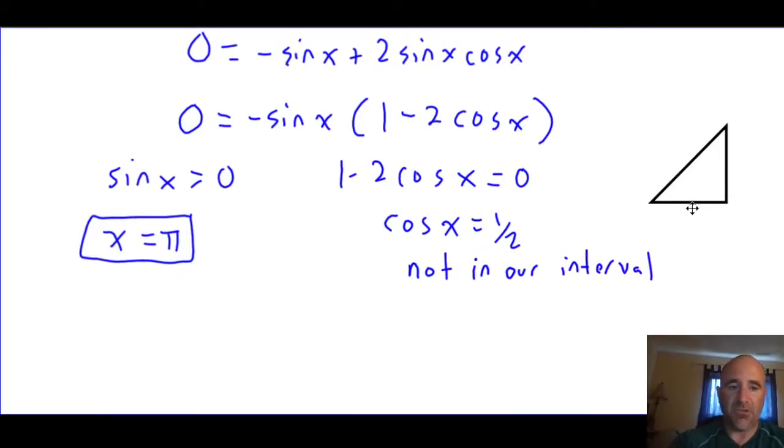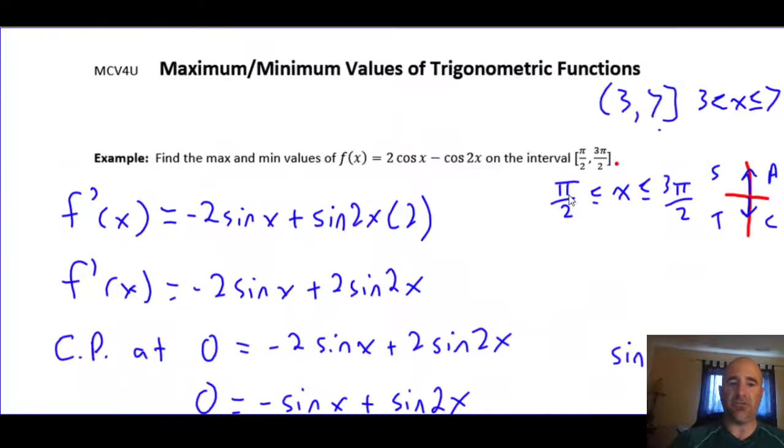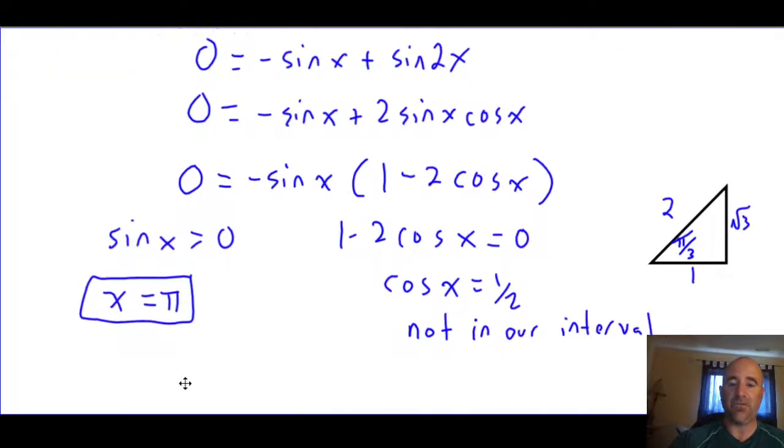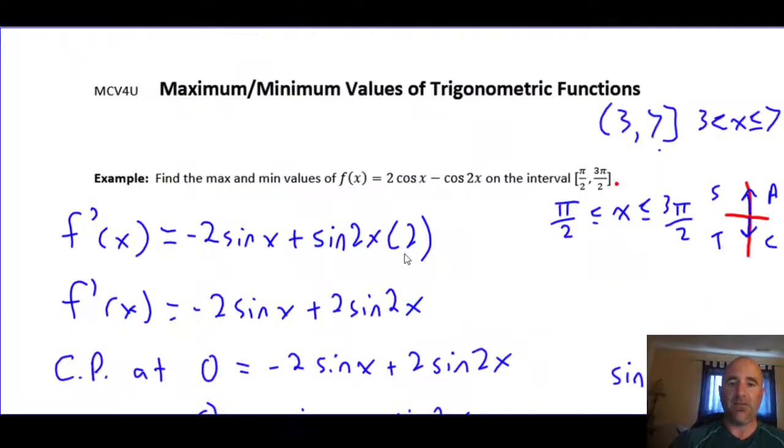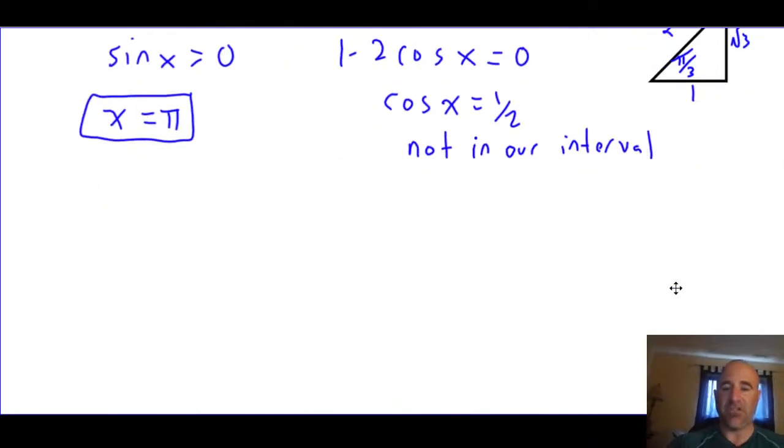If it was, you'd look at 1, 2, and of course that would have to be root 3, which means this would be pi over 3. But we don't have to worry about that in this case. So with values, we have to check, there's only 3 values: pi over 2, 3 pi over 2, and pi. So let's do f of pi over 2